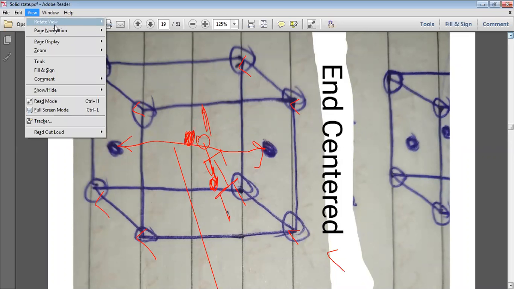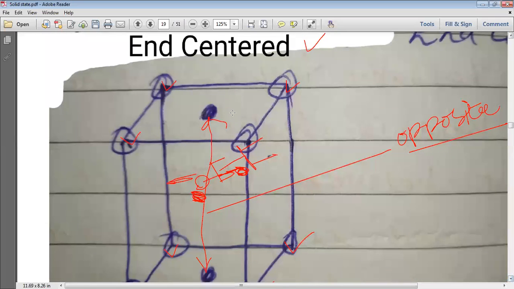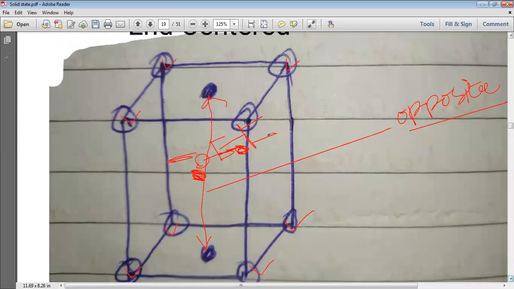various possibilities, and on the basis of that you can say that the type of unit cell in which, apart from the 8 corners, each pair of opposite faces contains 1 particle each, such a type of unit cell is known as the end-centered unit cell. So this is how we understand the various types of unit cell in our particular case. Let us try to understand it, my dear